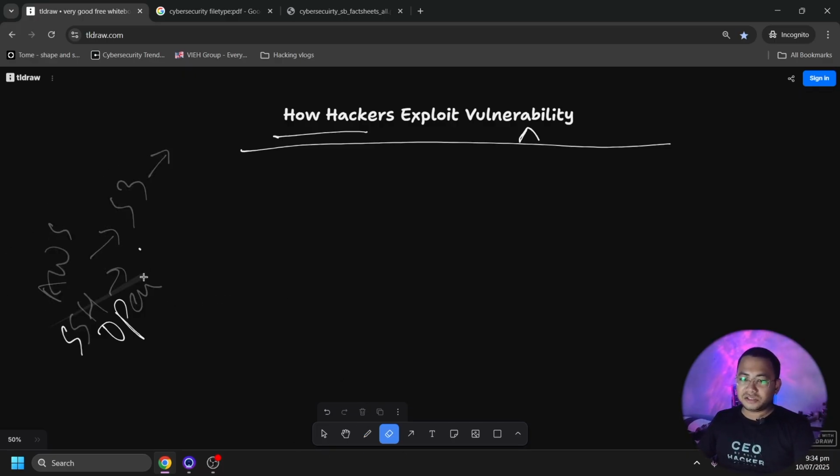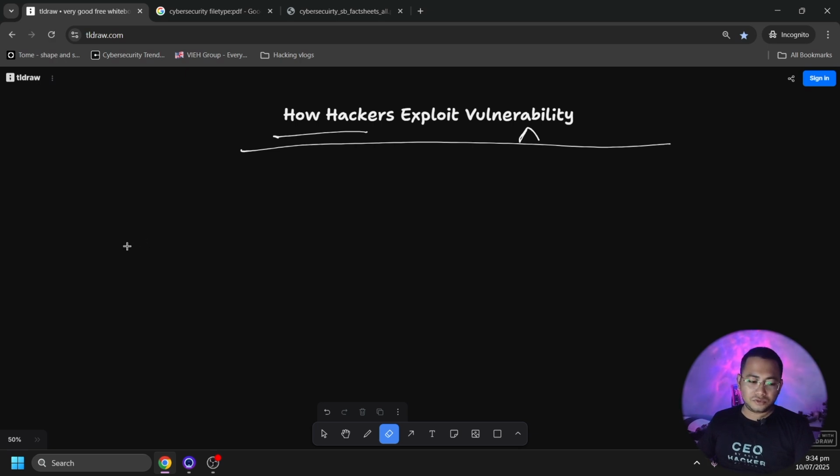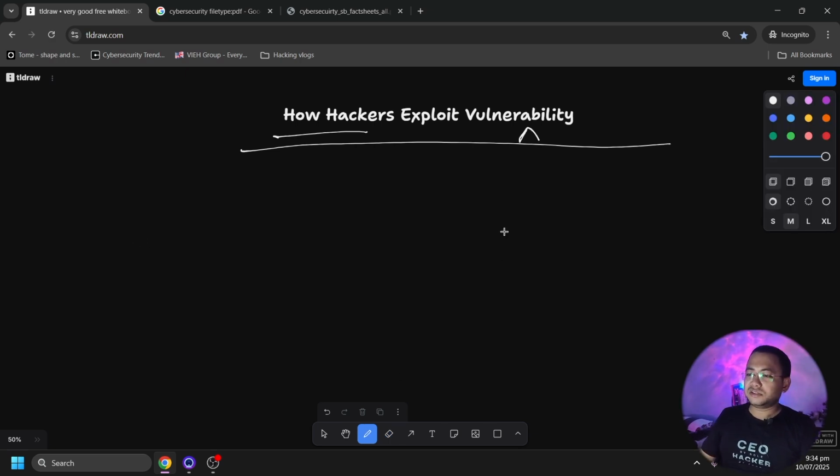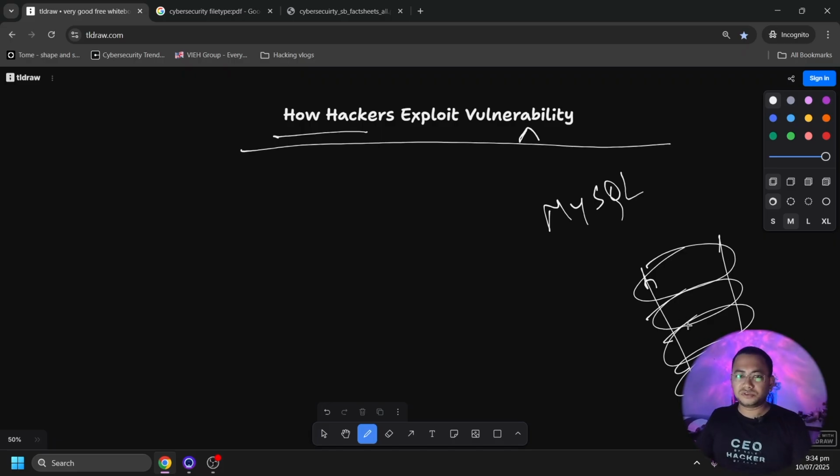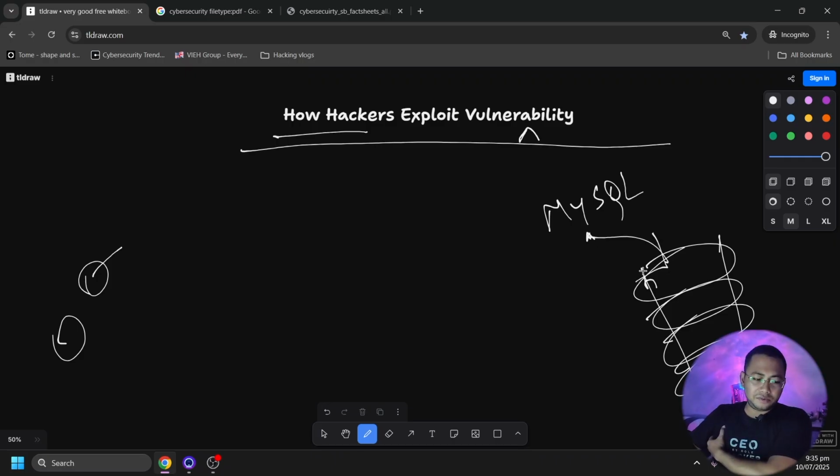Now the best part is web application flaws, right? There is SQL injection, which involves a database. If you're from a BTech background, you might know MySQL, software we use for databases. In a database we maintain data in the form of tables, columns and rows. If there's a website, usernames, passwords and IDs are all stored in the database, right? So if we inject something malicious, it gets injected into the database.